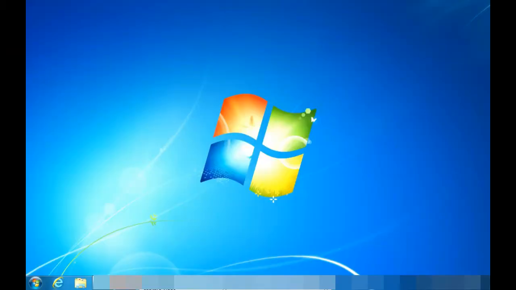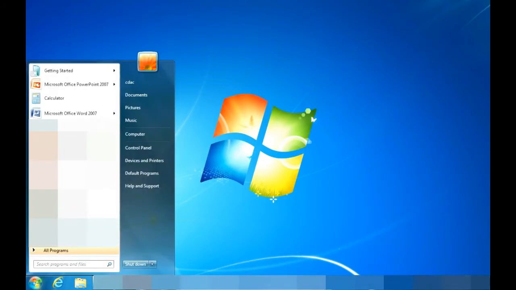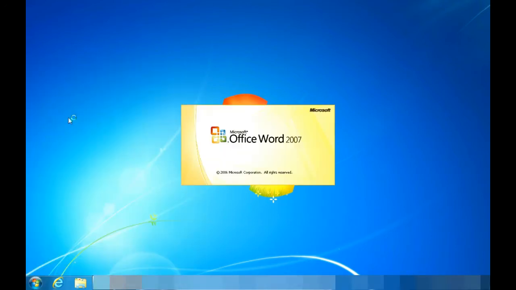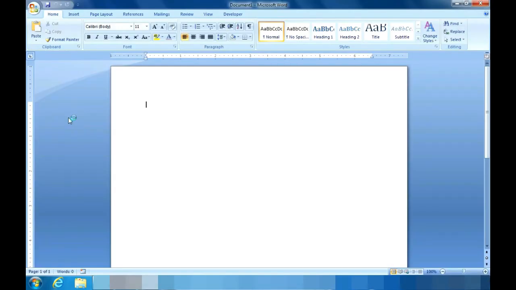So first let us open Microsoft Office Word 2007. So let me type something into this document.